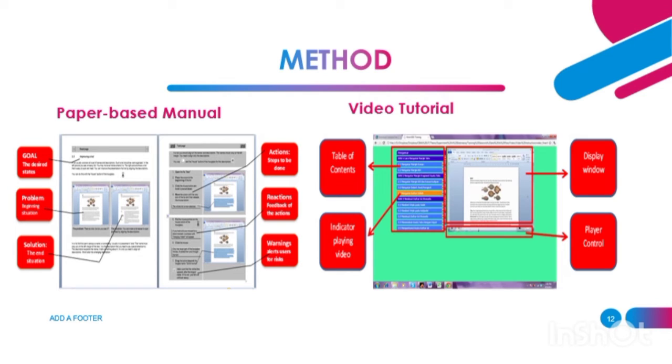And here is the interface of the instrument. As you can see, on the left side is the interface of the paper-based manual, and on the right side is the video tutorial. The content of the paper-based and video tutorial is the same.